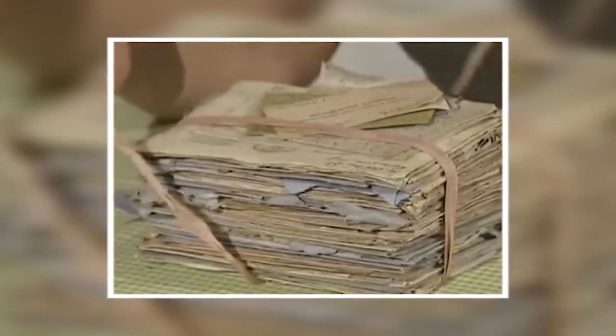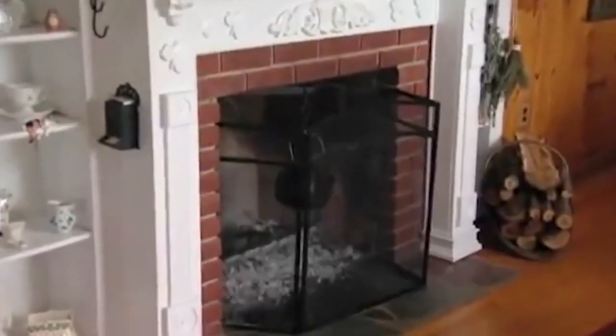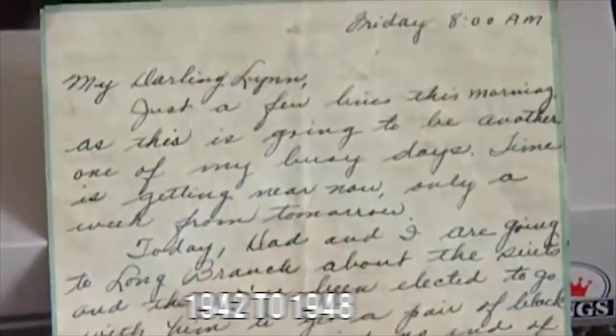Patrick discovered a small box containing 57 love letters tied with a ribbon. It looked like it had washed up during the storm. They took the box home and dried the notes one by one in front of the fire in their powerless home. The letters were from 1942 to 1948 and were to and from Lynn Farnham and Dorothy Fallon, who looked